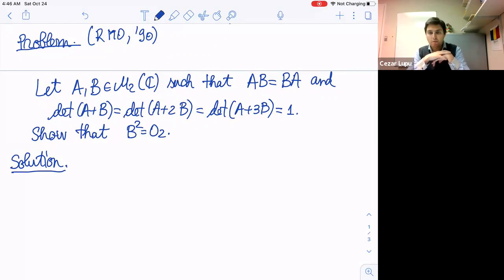A4 1991. I don't remember anyway. I forgot the year. Remember when we had those matrices? We had a matrix 2A, B. There are two matrices in M2 of Z. So the entries were integers,